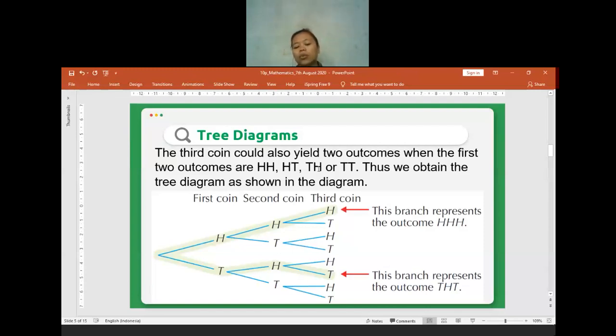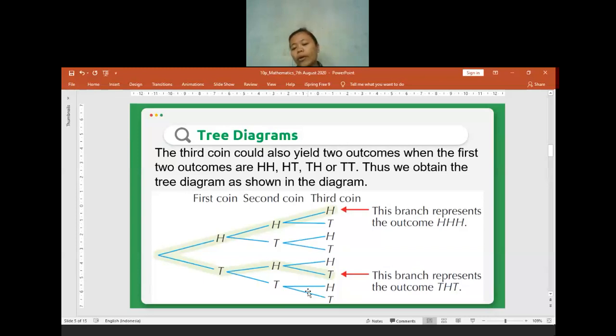The possibility is that for the first I can get head, for the second one I get head, or for the third one I get head, or maybe the first gets head, the second gets tails, the last gets tails, and something like that. It will be easier if you make a tree diagram to make a list of all of the possible outcomes that may happen when you try to roll the dice, or spin the spinner, or